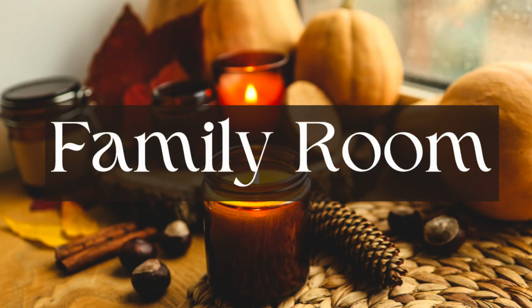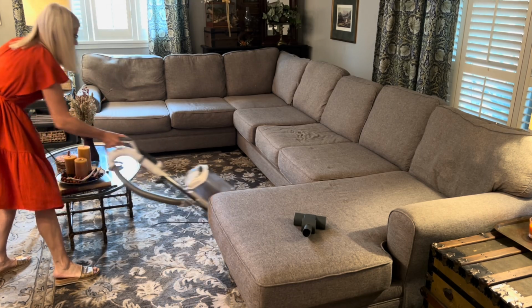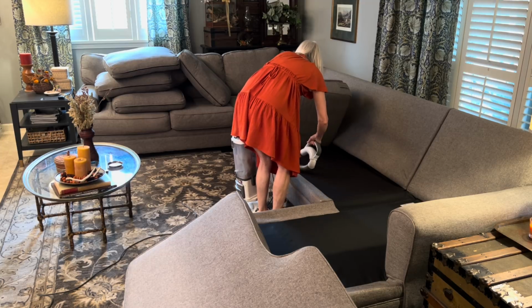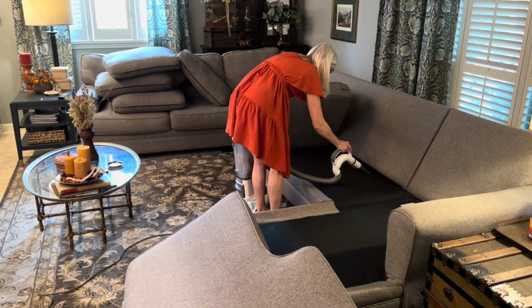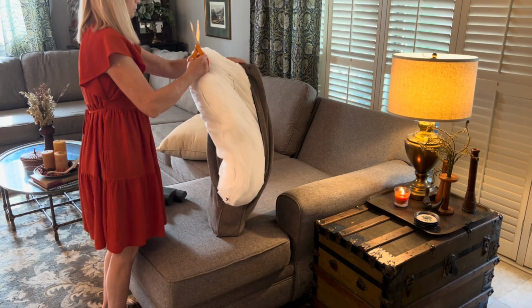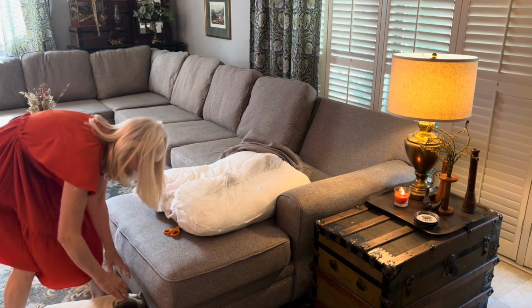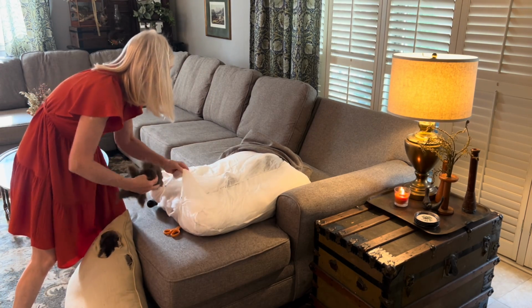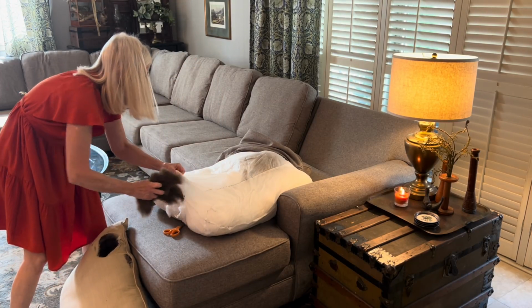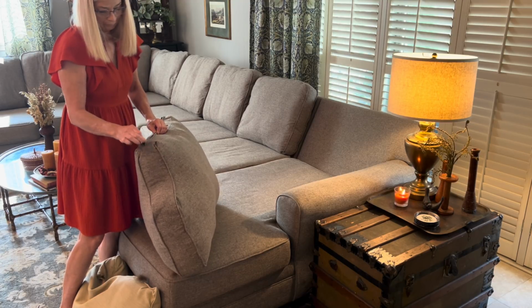Now to the family room where we spend most of our time. I wanted to change out some of the pillow covers for darker, more autumnal colors. So I first vacuumed the sofa cushions, and I was noticing that they were looking a little flat. So I decided to fluff them up with some extra stuffing. I repurposed the stuffing from some old outdoor cushions that I had replaced with new ones this past spring. I just added a bit of stuffing to each cushion, but it made a big difference in how they look